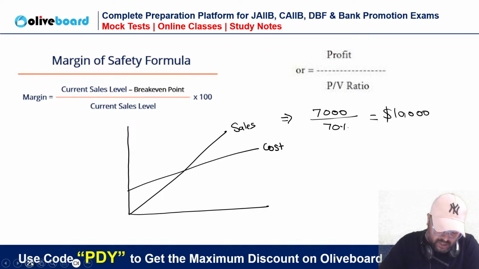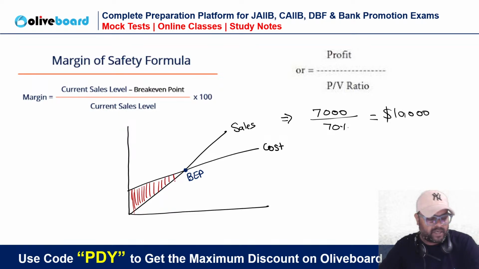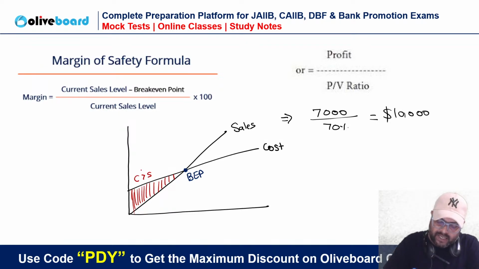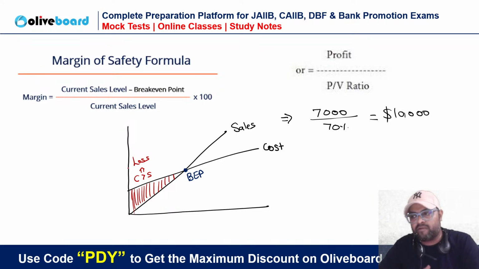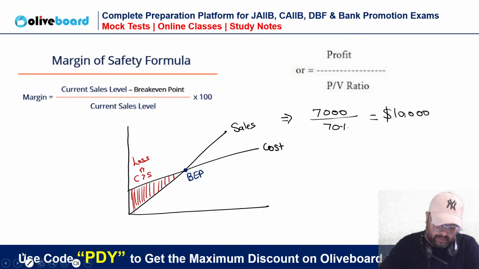Up to this particular point, this is called break even point, and up to this particular point my cost is more than my sales value. Cost is greater than sales, and that's why it is generating loss. So before break even point the organization generates loss, but after the break even point,